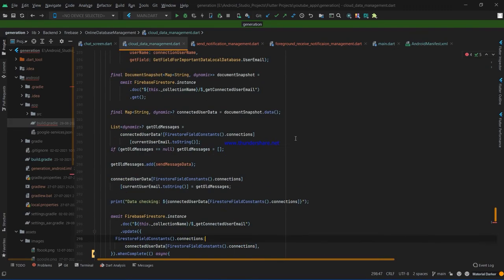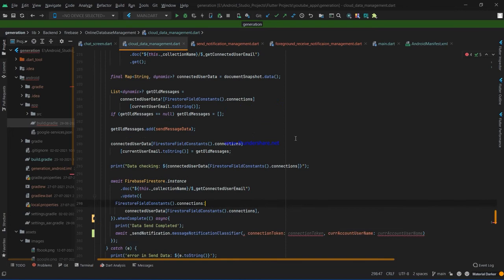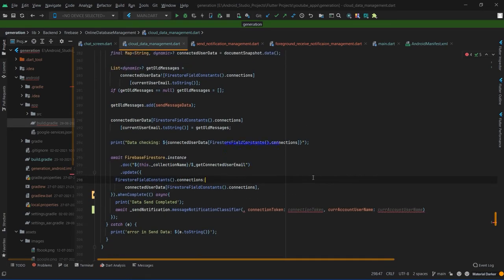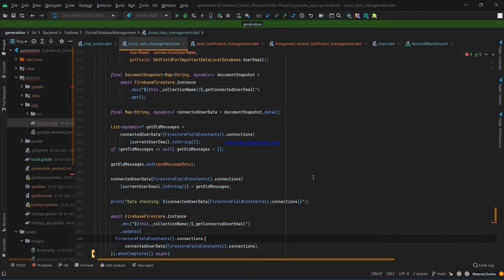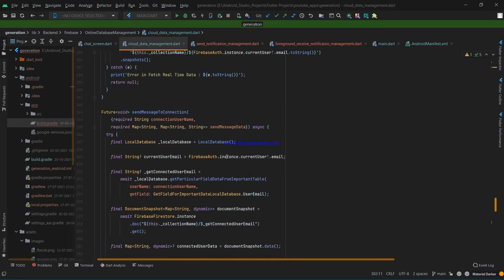But there will be a problem for getting the connection token as well, because we have to provide the connection token here. So what should we do? Make it a comment and come here, and we must take the chat message types.